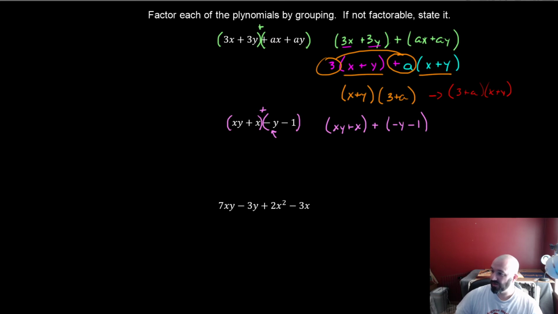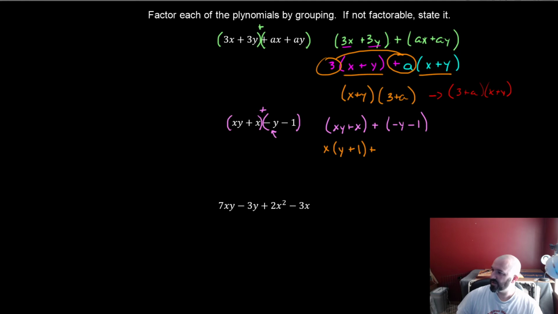xy and x both have a common factor of x only. If I bring out an x, I'm left with y. x divided by itself is 1. You always end up with the same number of terms. Another common mistake: people are just like, oh, it's just y. Well, how do you get the other x in there? Plus,